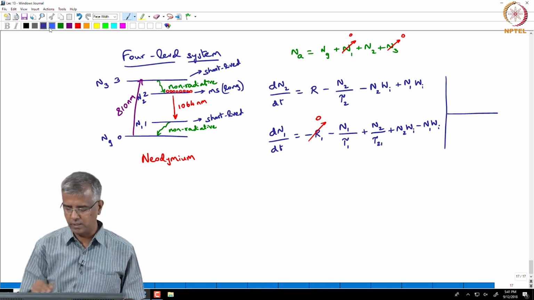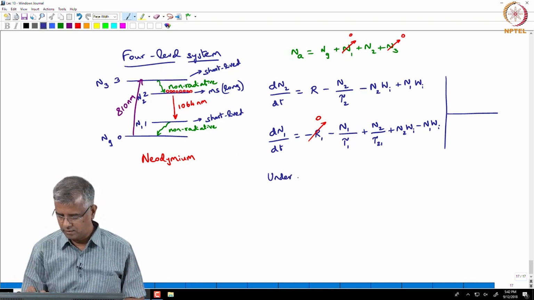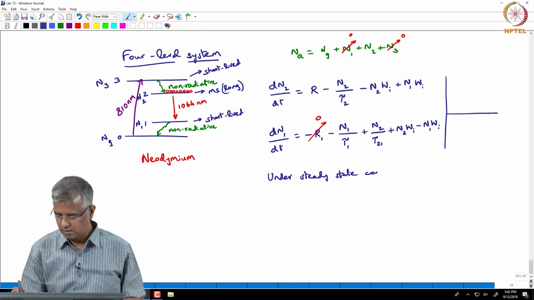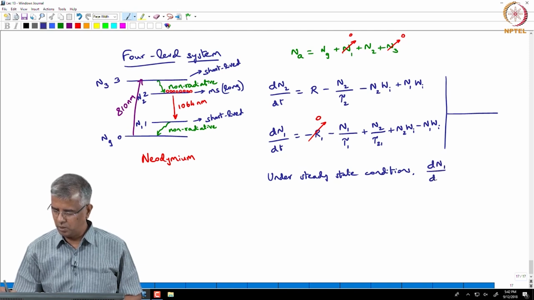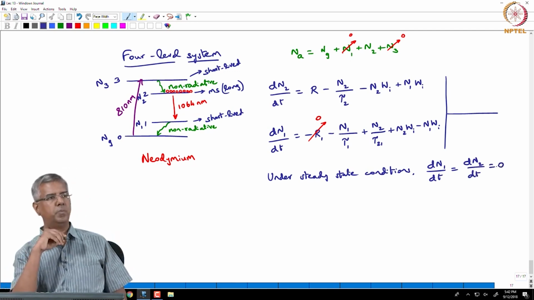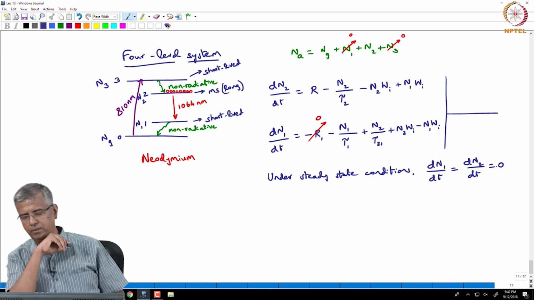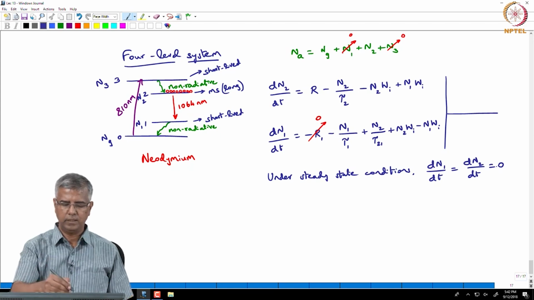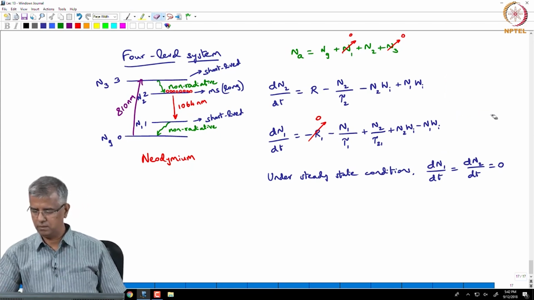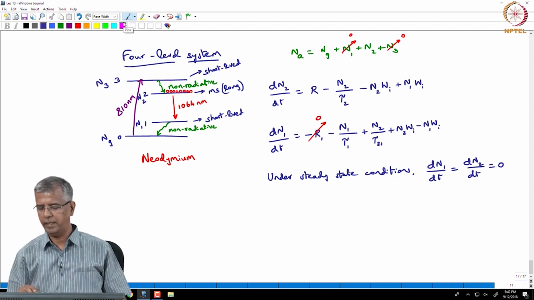So, we will go ahead and say under steady state conditions, what do we have? dN1 over dt equal to dN2 over dt will be equal to 0, right. So, we assume that, right, and